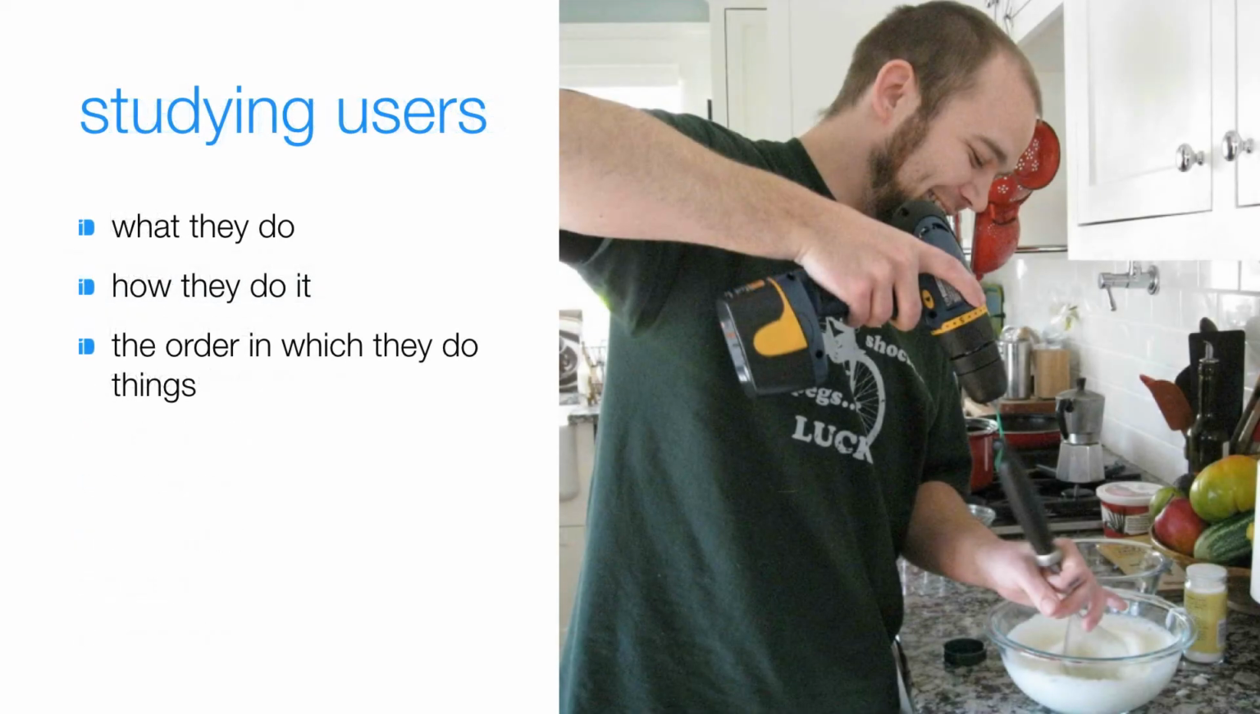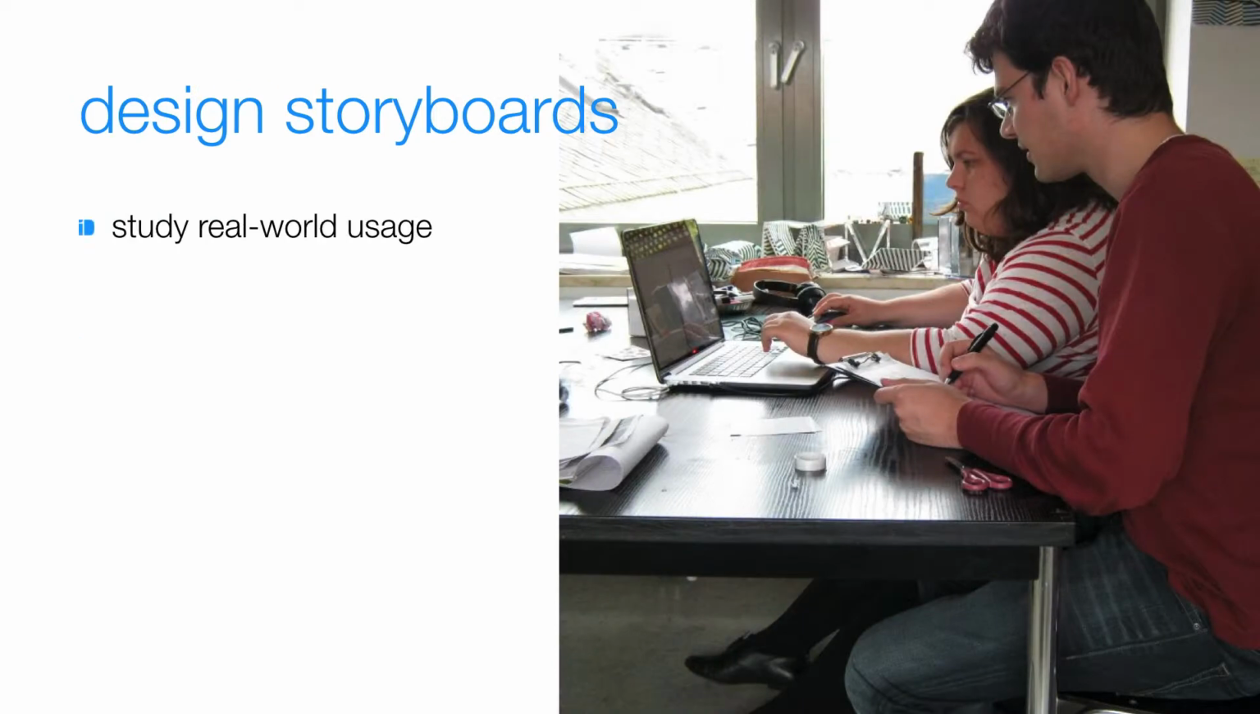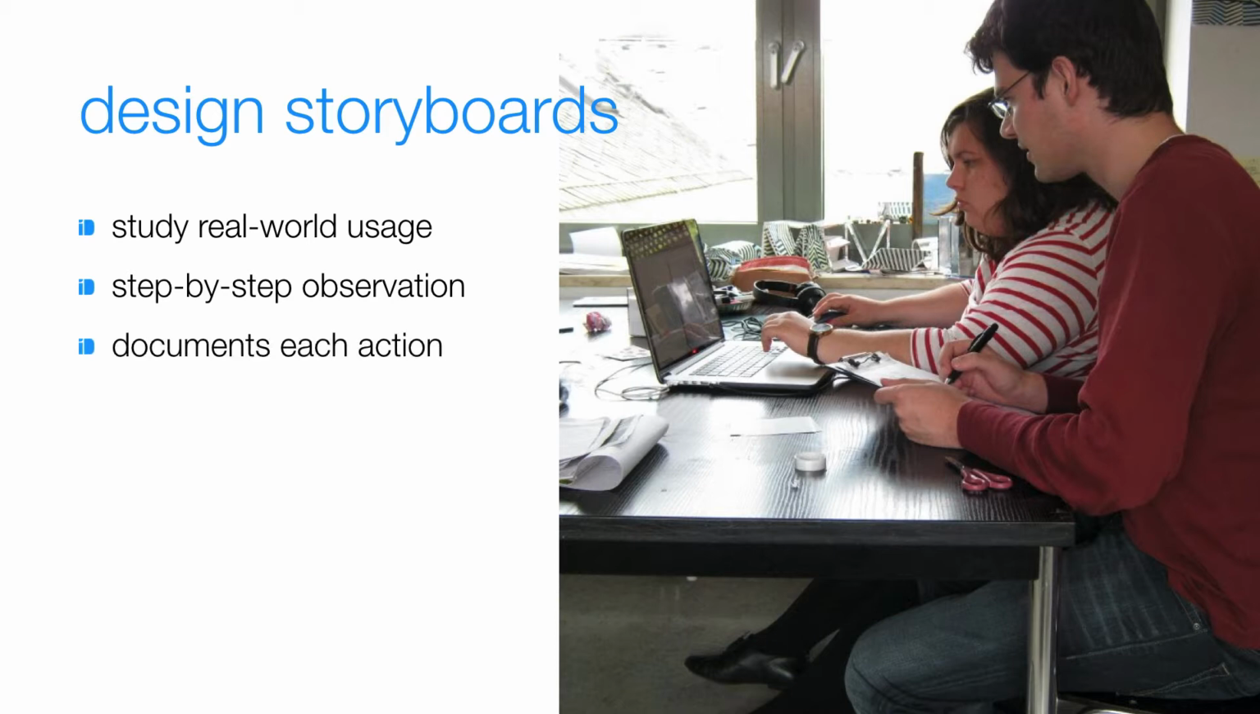Studying users is an important thing to do because what they do and how they do it can sometimes surprise us. Sometimes industrial designers have an idealized image of how products are used, and the real life can be quite different. Design storyboards allow us to study real-world usage and to do a step-by-step observation of these things, to document